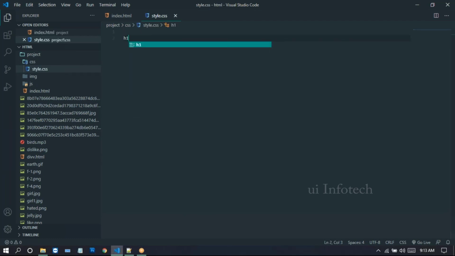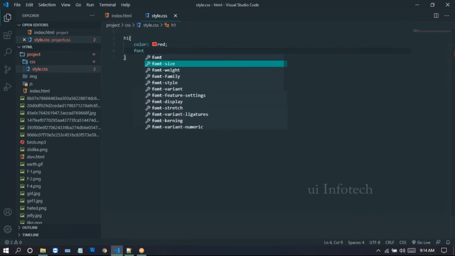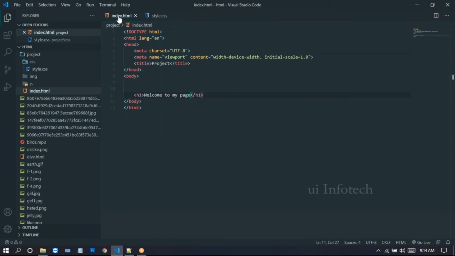Here we just take the external style sheet, that is the style.css file. Here we just mention h1. For this h1, I just write color. I apply the color property red, and after that I change the font size. I just give the font size as 50 pixels.